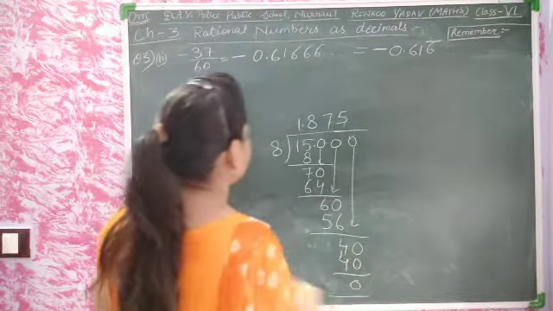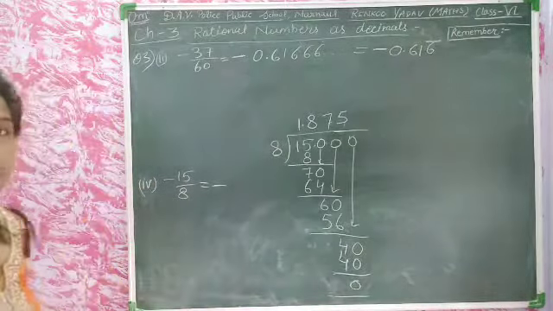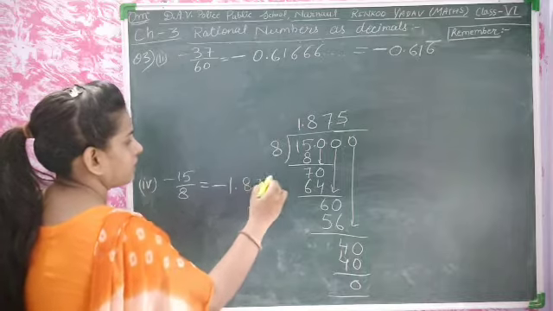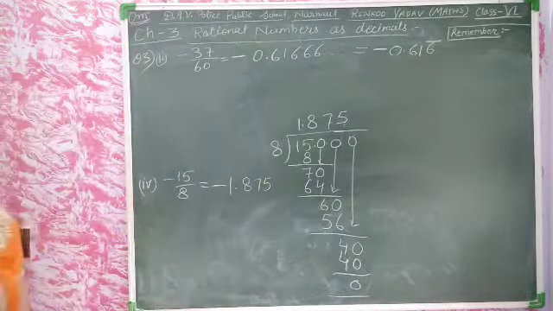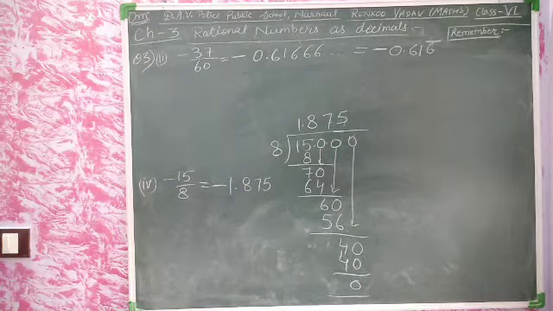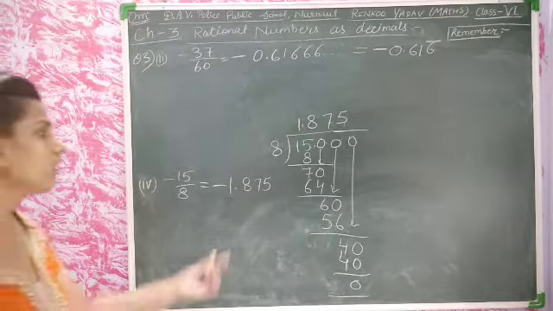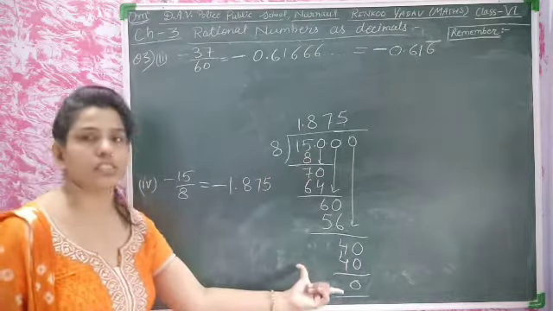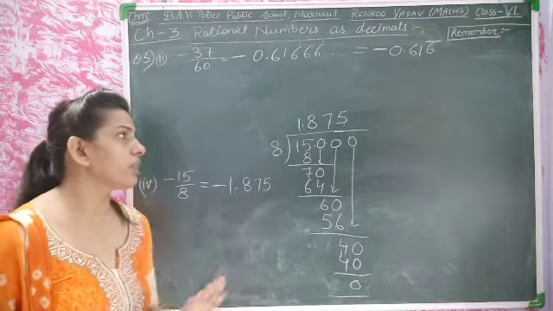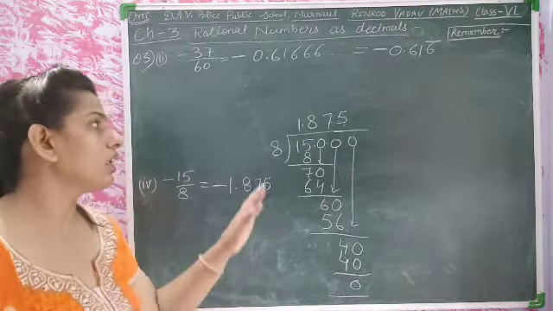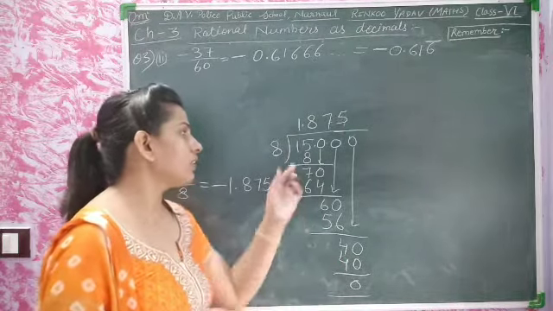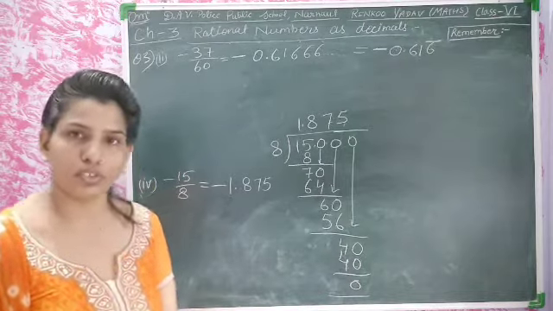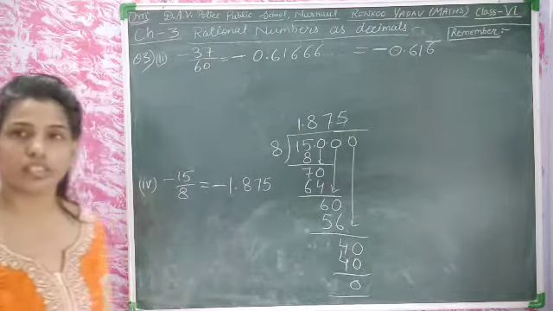Now students, you are seeing this is a terminating decimal. Is this clear? It means this answer is 1.875. Okay students, it will be clear how we find the decimal expansions of these rational numbers by long division method. It's nothing problem, because you have known about the decimal after decimal places, how we divide the numbers. Okay students? Okay, now we will do the fourth question.